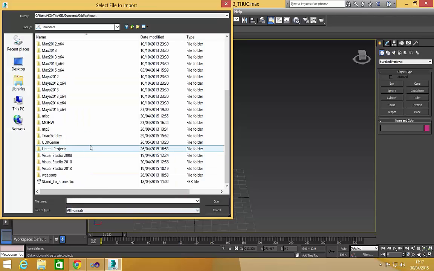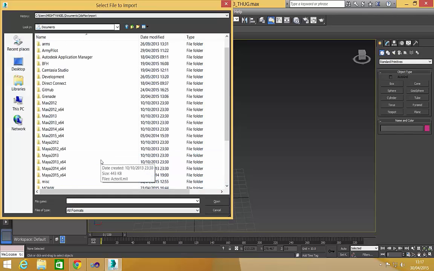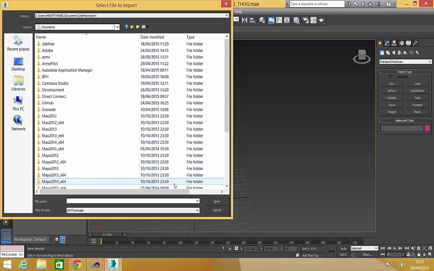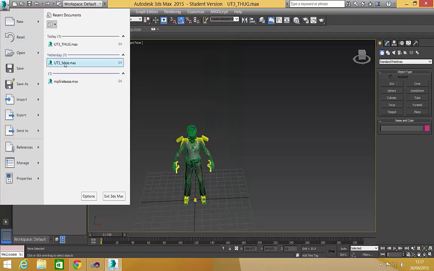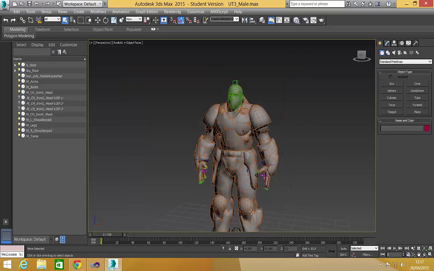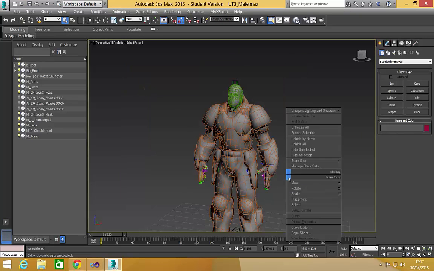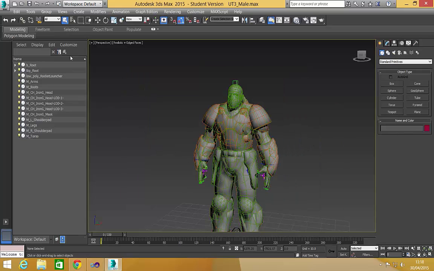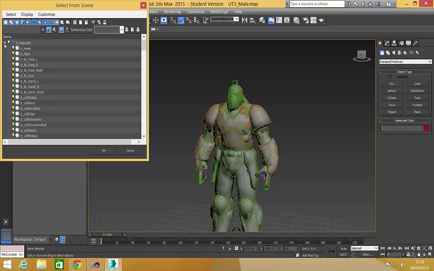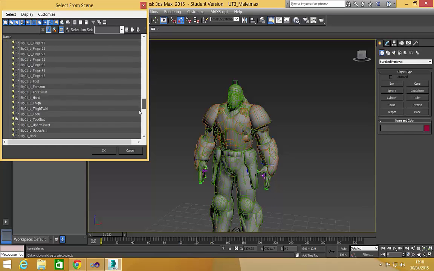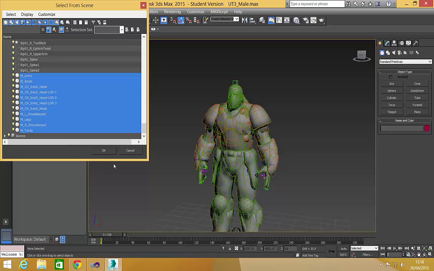It's not in here, is it? What you have to do is open the UT3 male and unhide all and select by name. Make sure you're in layer mode so you just get every bone under one layer, so you don't have to open them all. Just delete the meshes,